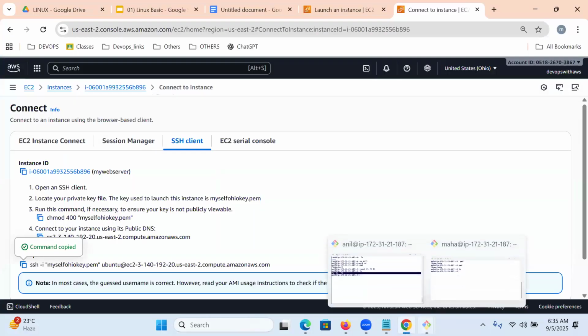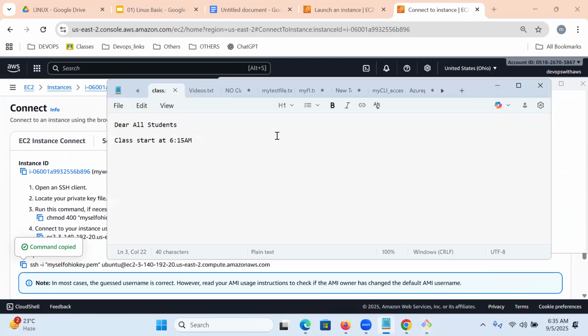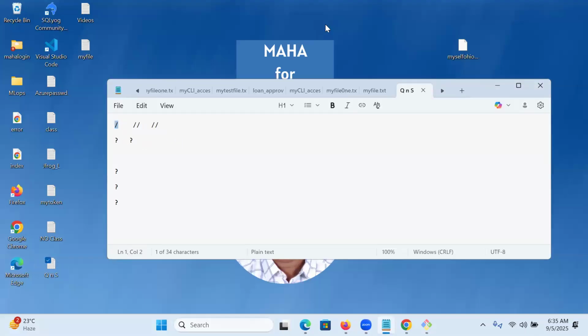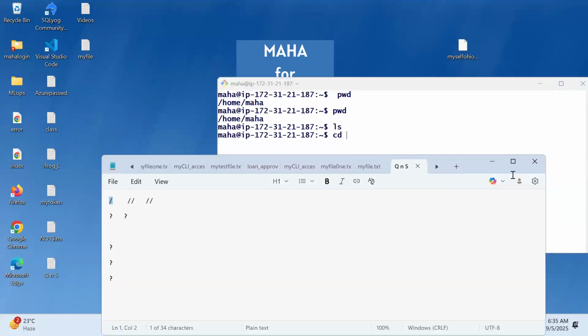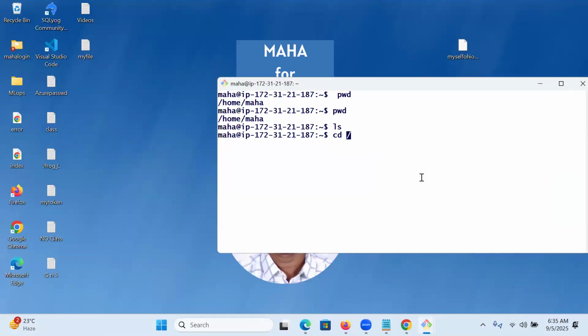One more clarification. Can Maha log in into Anil?